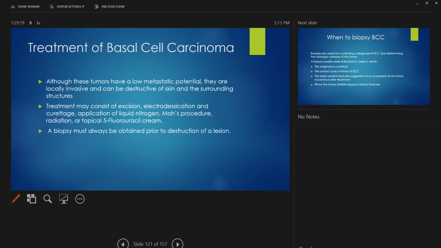They can invade the surrounding structures. Treatment usually consists of excision, burning it electrically, cutting it out, using liquid nitrogen to freeze it, or performing a Mohs procedure if it's deep enough. What the Mohs procedure does is they basically,